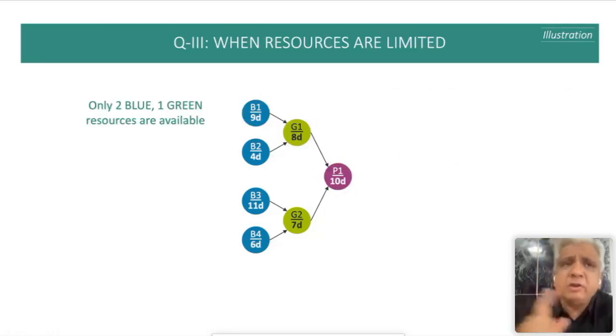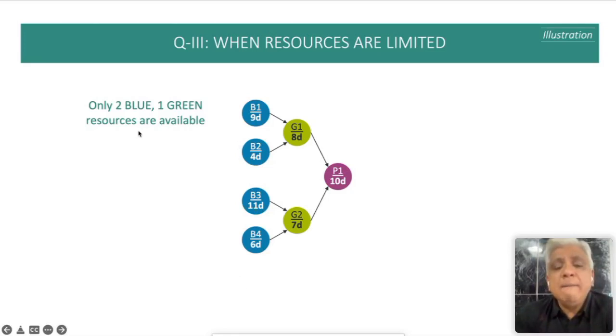Now, let's take the scenario, make it complicated. Right? In this scenario, you have 4 blue tasks to do, but you have only 2 blue resources available, meaning instead of doing 4 activities in parallel, only 2 of those activities can be done in parallel. Similarly, instead of 2 green resources, you have only 1 green resource, which means you can do only 1 green activity at a time. So now let's see what happens in terms of coordination losses,